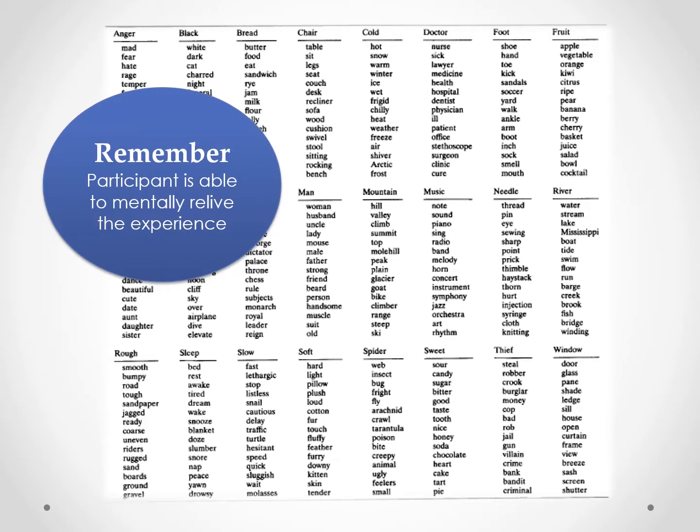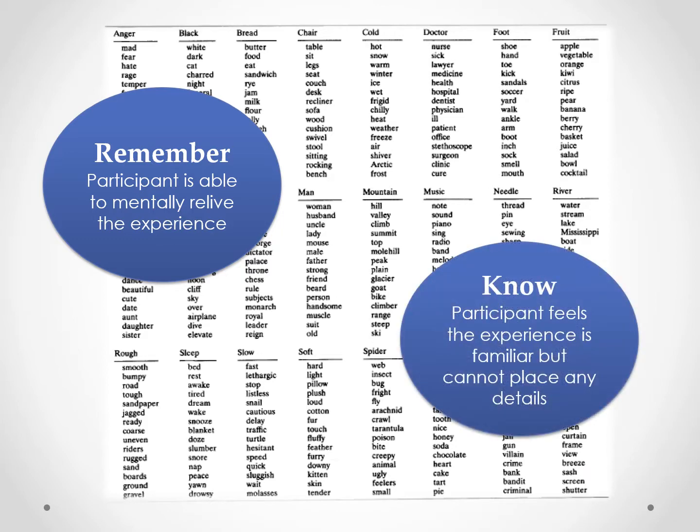If participants indicated that they had heard a word previously, they were then asked if they were able to mentally relive the experience. This was known as a remember judgment. Or if it was just familiar, this was categorized as a know judgment. This second experiment saw an increase in recall of critical lure words, as well as 72% of recognized lures being categorized as remembered events.